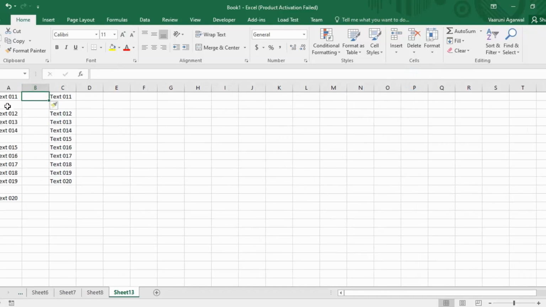When I click on that, all the contents that were previously in column B have been shifted to column C, and column B now has brand new empty cells. That means wherever your cursor is, the cells would be inserted at that place, and whatever data already existed in that place would be shifted either to the right side or towards the downside.